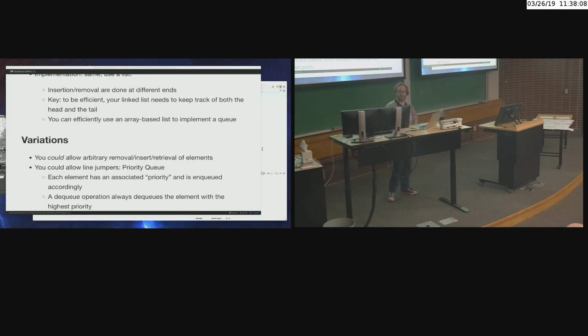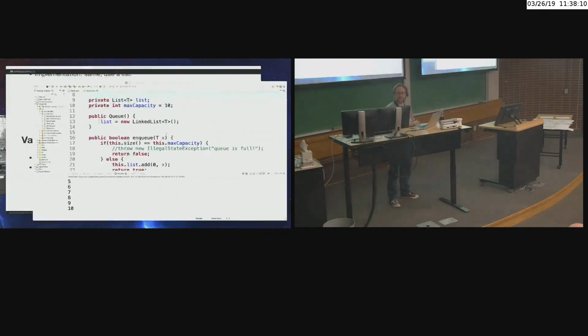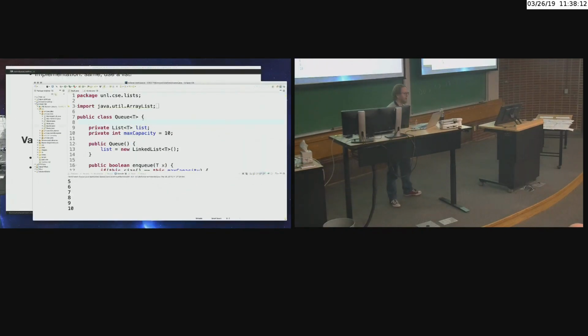So if you wanted to do this with, say, something like this, if this were a priority queue, you'd have to keep an association of this element has this priority, this element has this priority. So I would change this so that the enqueue operation takes both the element and the priority. And then internally, I would store that in a map. Map this element to an integer indicating its priority. And that's how I would end up doing it. Otherwise,